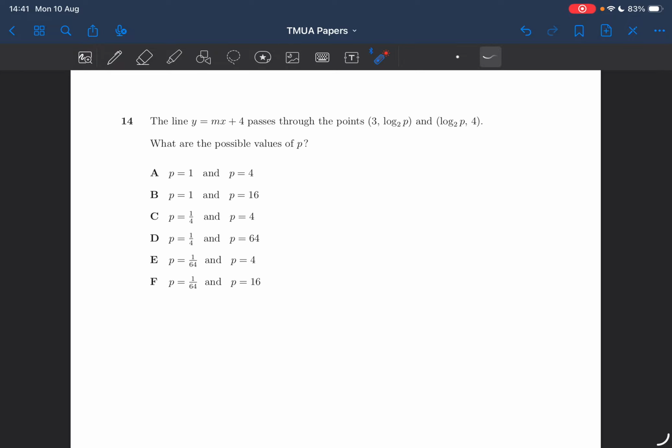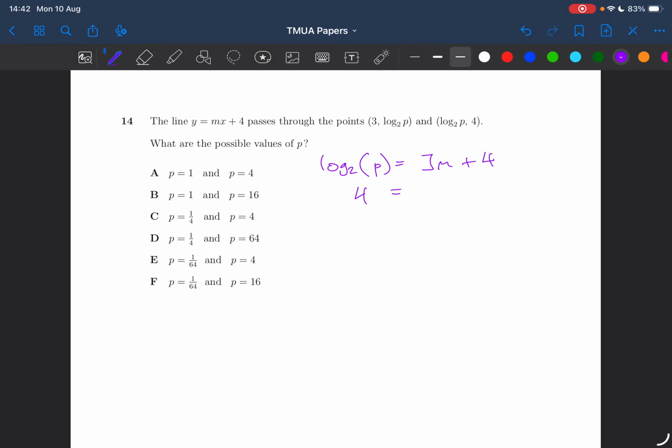14 then, line y equals mx plus 4 goes through these 2 points. What are the values of p? Okay, so let's plug them in, see what popped out the other side. We're going to have log base 2 of p is equal to m times x, so i.e. 3m plus 4. And then we're also going to have a similar thing with this one,